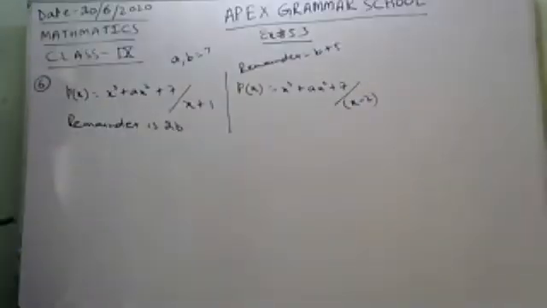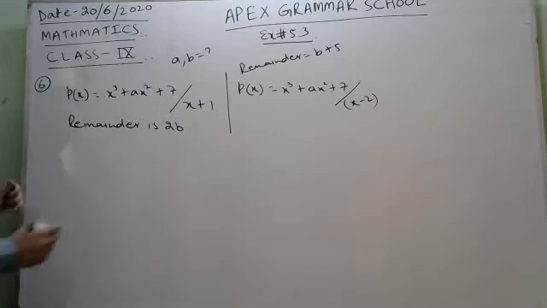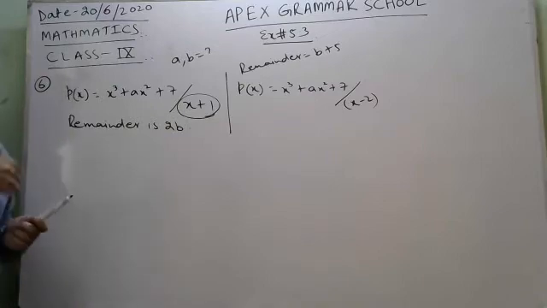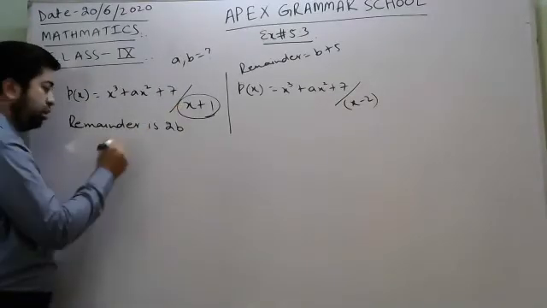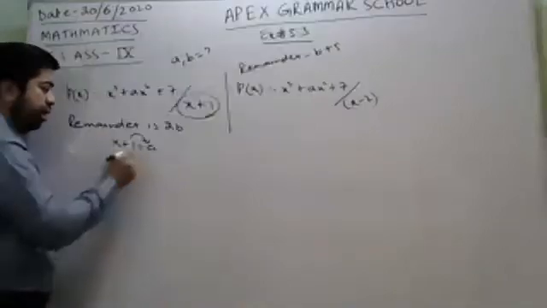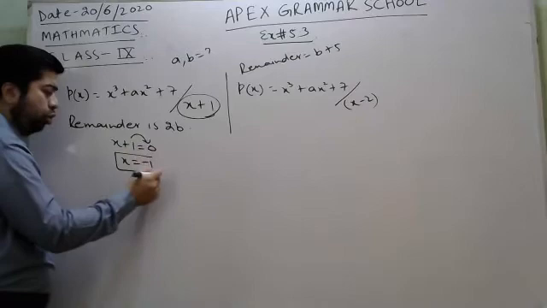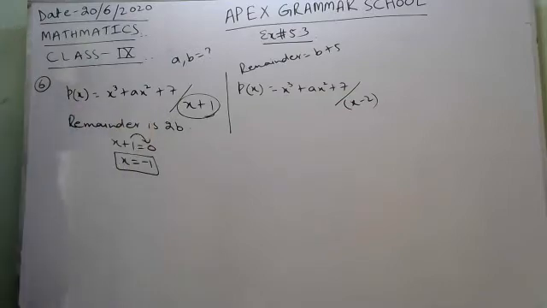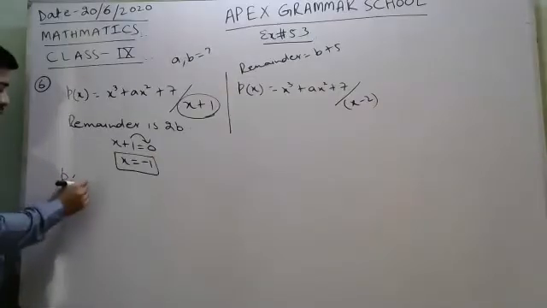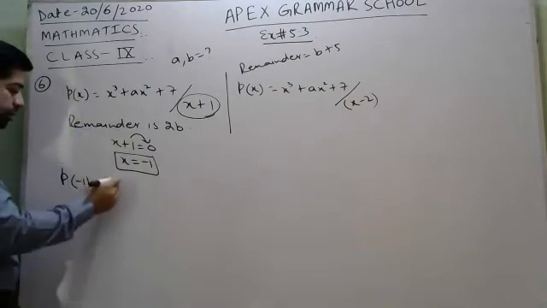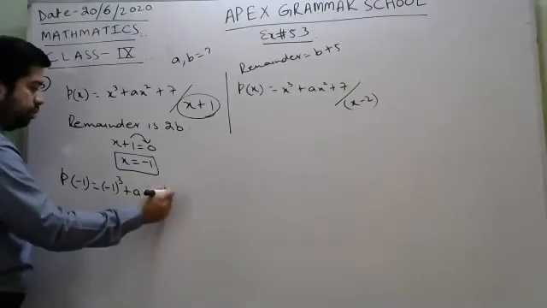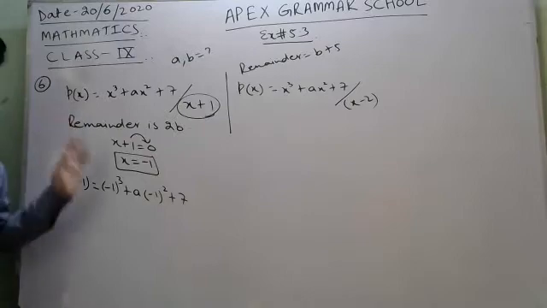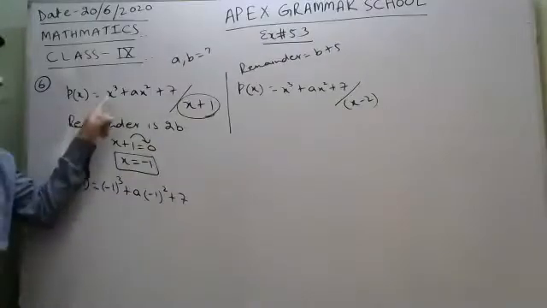First of all, we will solve the first situation. You have already known that we have a linear expression that is going to divide this polynomial. We will apply the zero method here. We put x plus 1 equal to 0, and we get x equal to minus 1. We are going to put this value of x inside this polynomial, as you know from previous lectures. Minus 1 cubed plus a into minus 1 squared plus 7. Wherever there is x, we put the value of x, that is minus 1.